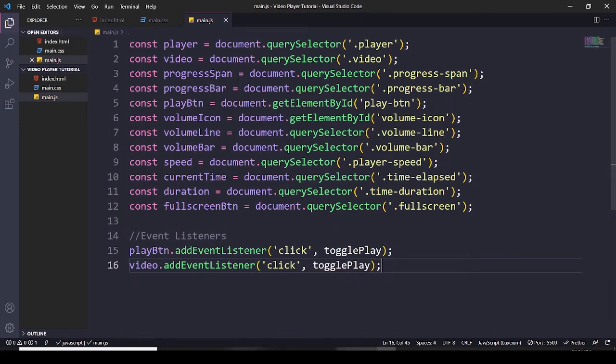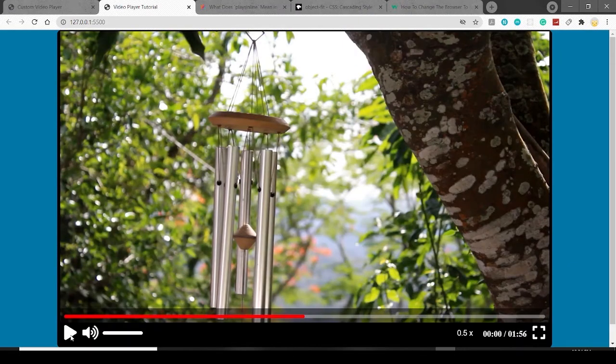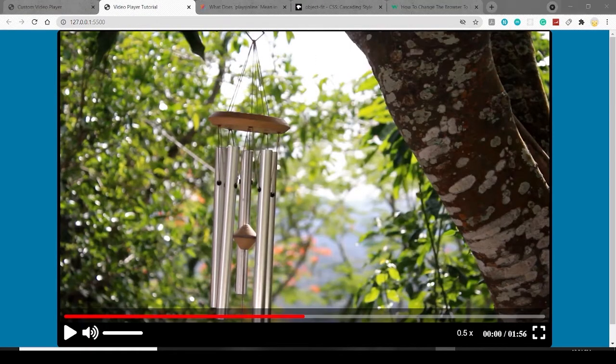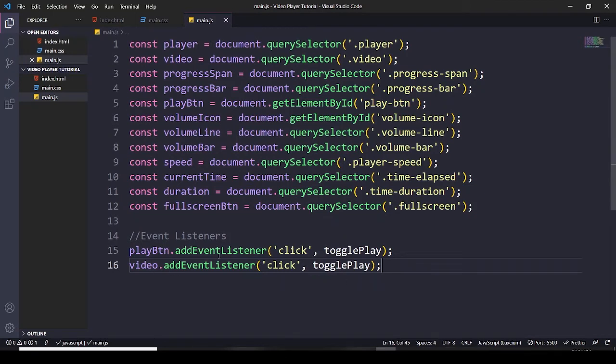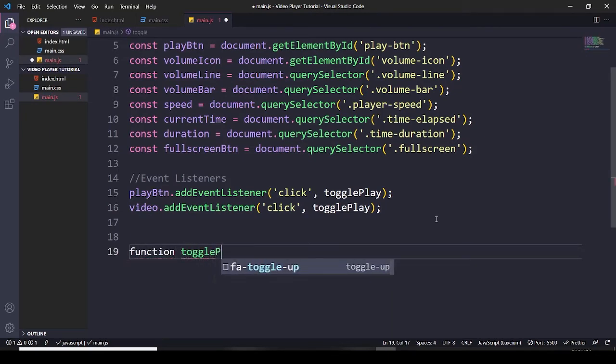Okay, so whenever we click on this button here, it will play. Plus we have said that video also, so whenever we click anywhere on the video, it will play. So that's why we have this one for video and for the play button. Okay, so let's create this toggle function first, togglePlay. Here I'm going to have my function, togglePlay,